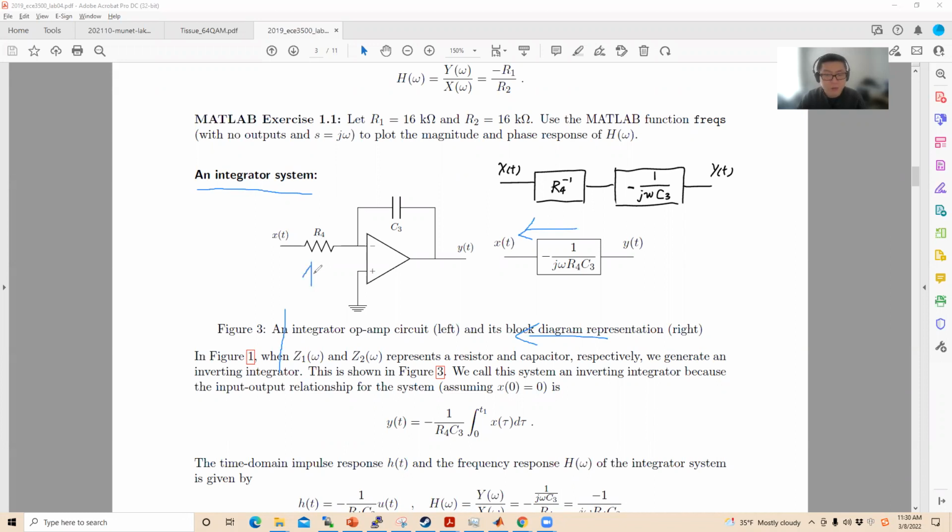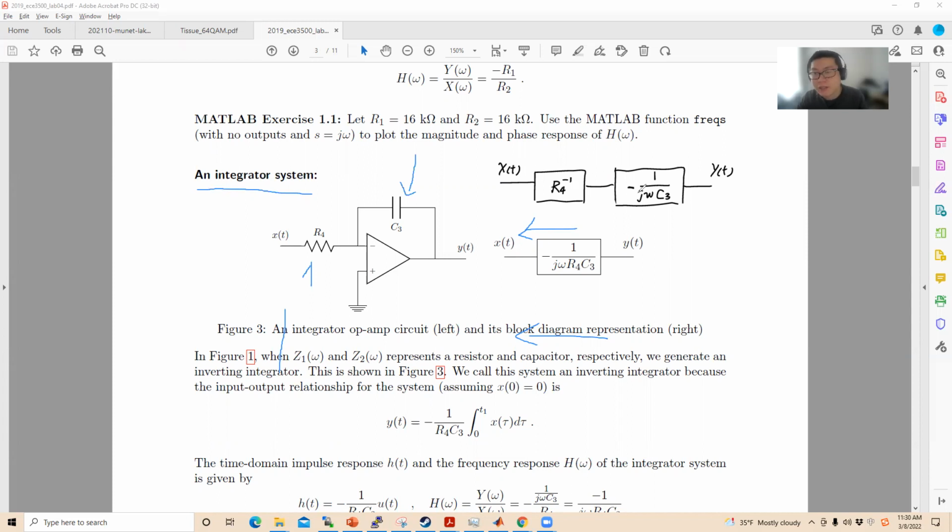One is the resistor, and the second is the capacitor. So what we need to do is to transform this circuit into the block diagram representation,